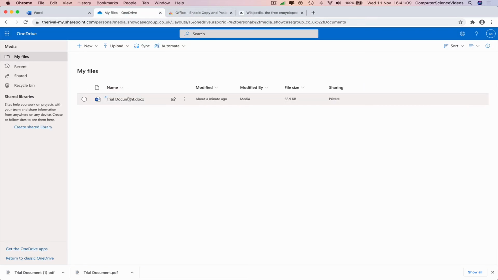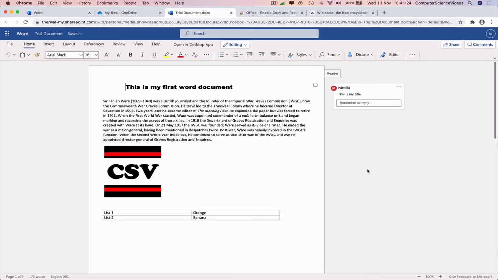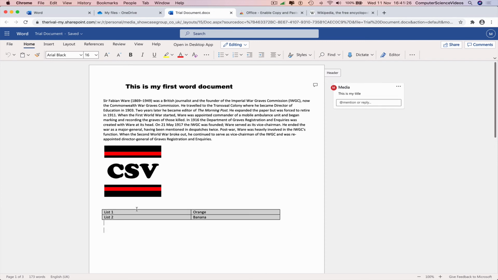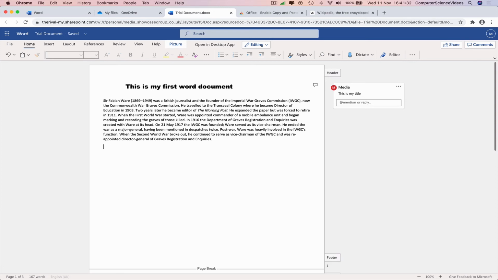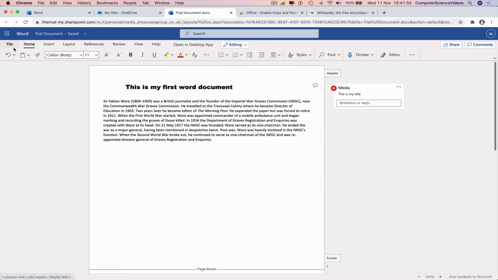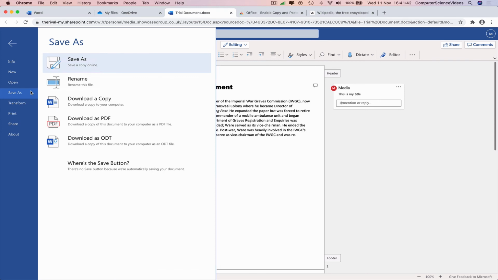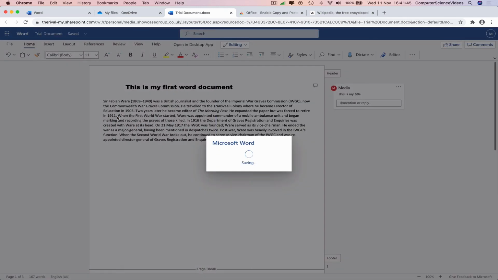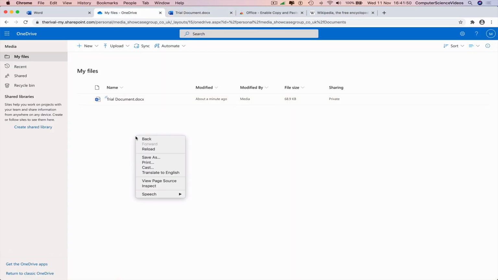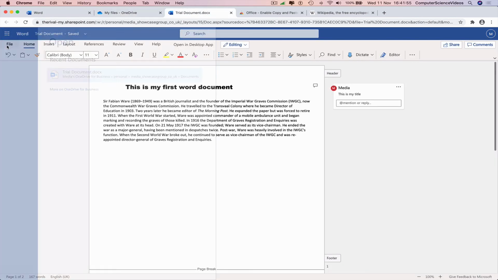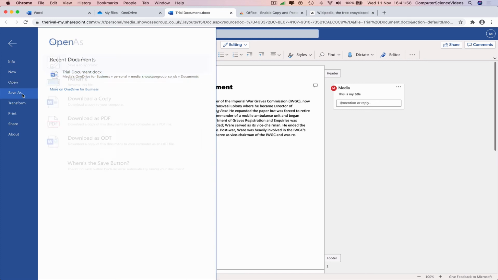Close out of this, go back to trial.document. If we wanted to delete the things we no longer require, we could highlight a table, delete, highlight an image, backspace, delete, go to file, save as a PDF, close, reload, go back, file, save as,